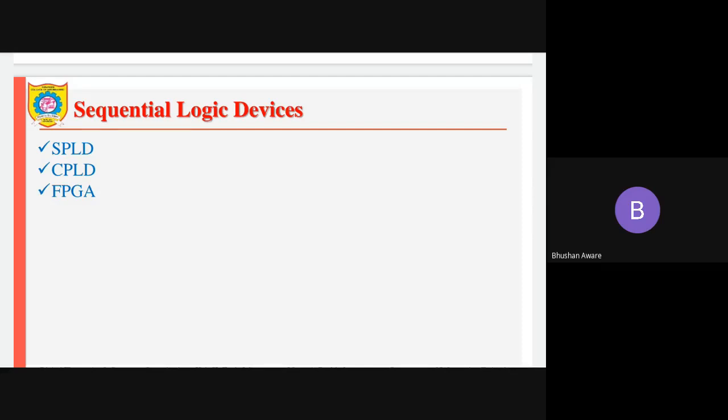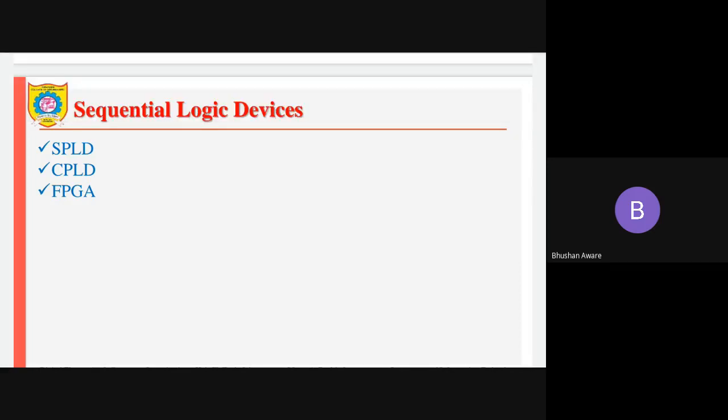The function of this particular device is programmable. That means you will have a device, a single chip, as the PLD. If it is small, it will be called SPLD. If it is large, it will be called a CPLD, or even if it is larger than that, then FPGA, that is field programmable gate array.